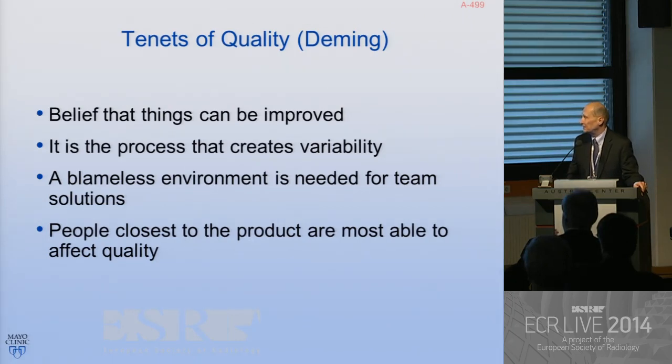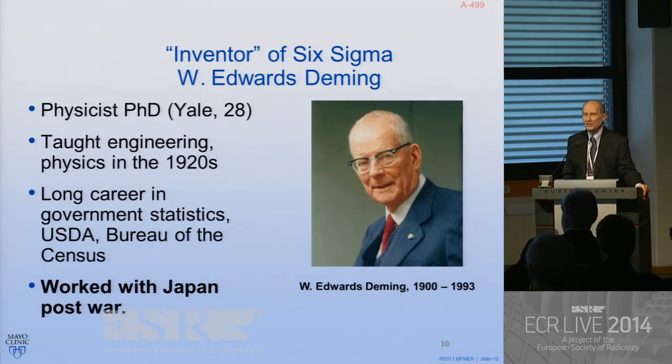So there are some components or tenets of quality that are offered up by Deming. It is the belief that things can be improved. I think we'd all agree with that. We know that the process creates the variability. We need a blameless environment. People don't come to work to make mistakes. We're humans. I think Peter just mentioned that. And so we find ourselves making silly mistakes when we really don't want to. And people closest to the product are the ones who are most able to affect quality. And we know this, in fact, would be the CT technologist or the radiographer for CT